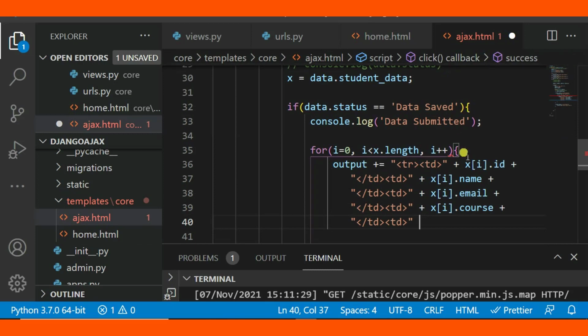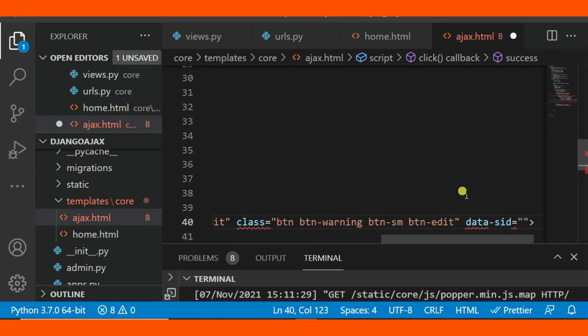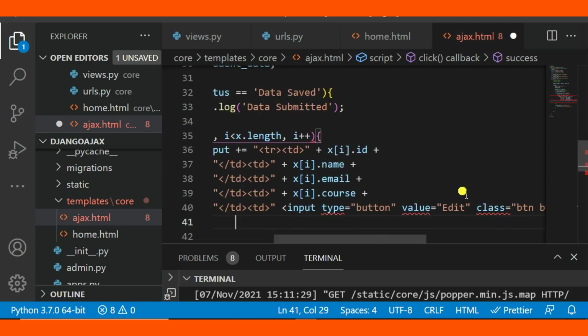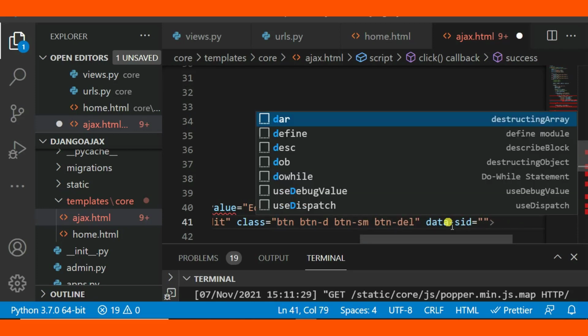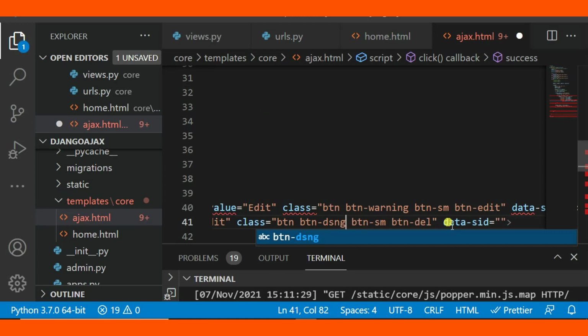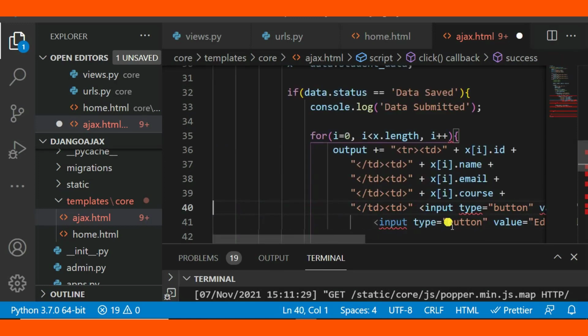I copy this, right, then I paste it here, okay, paste it here. So here I can say this is delete, this is button danger, right, button danger, this cross,